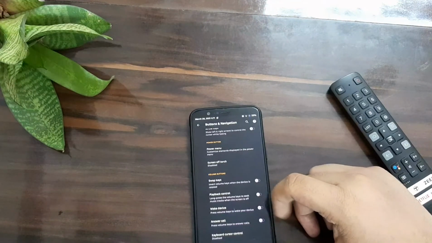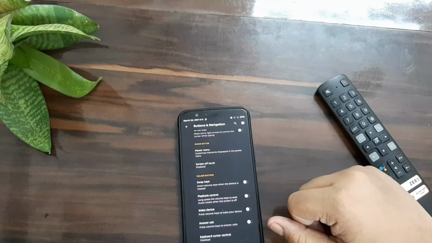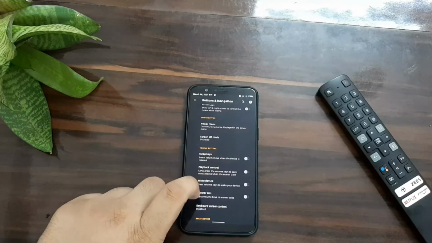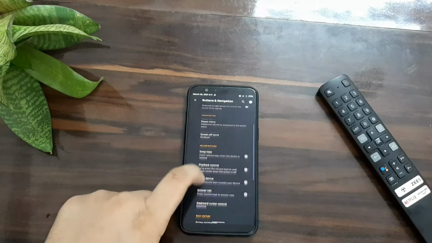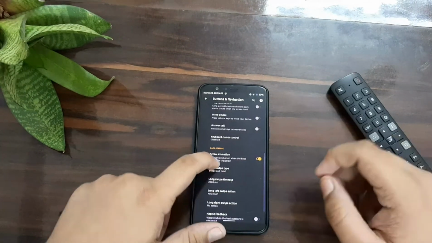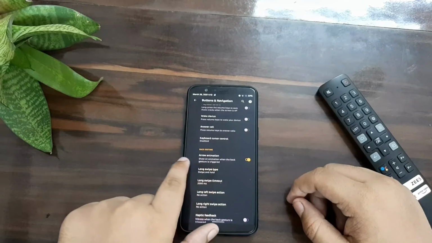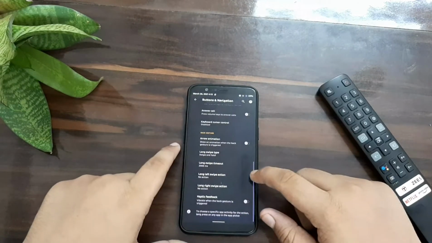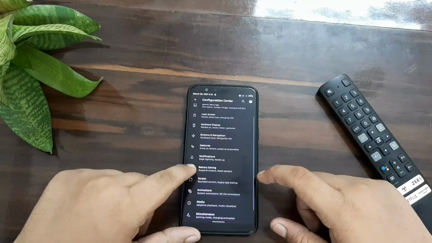And you can wake up your device by pressing the volume buttons like this, you can do these things. And you can answer calls by volume buttons or shortcuts, or you can show the arrow animation like this. So I don't like it, so I will disable it. It looks neat and clean. And you can enable the vibration feedback.